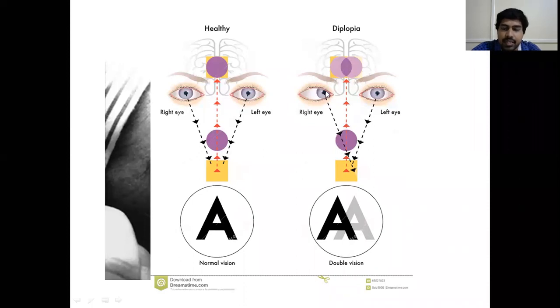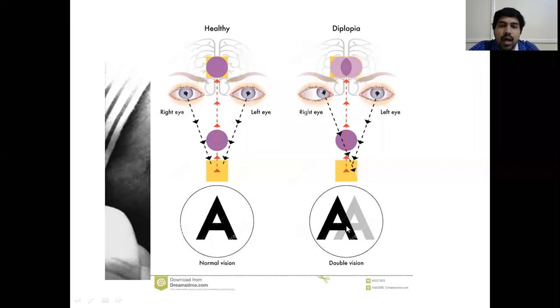But here there is a deviation. In deviation, what happens is, in this normal eye, this image will be falling on the fovea. So it will appear very bright, and exactly this image will be interpreted by the brain. But in the other eye, this image is not exactly falling on the fovea. It is falling somewhere else. Okay. So in that case, because of that abnormal retinal correspondence, this image location will be changed